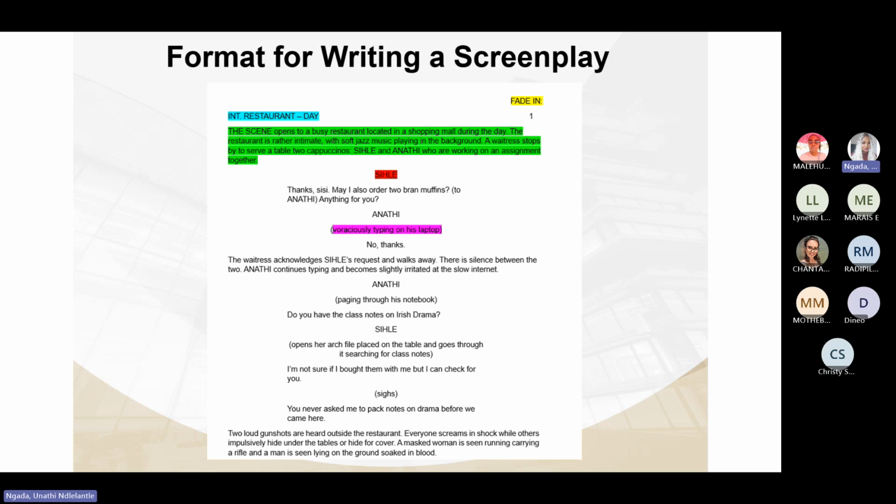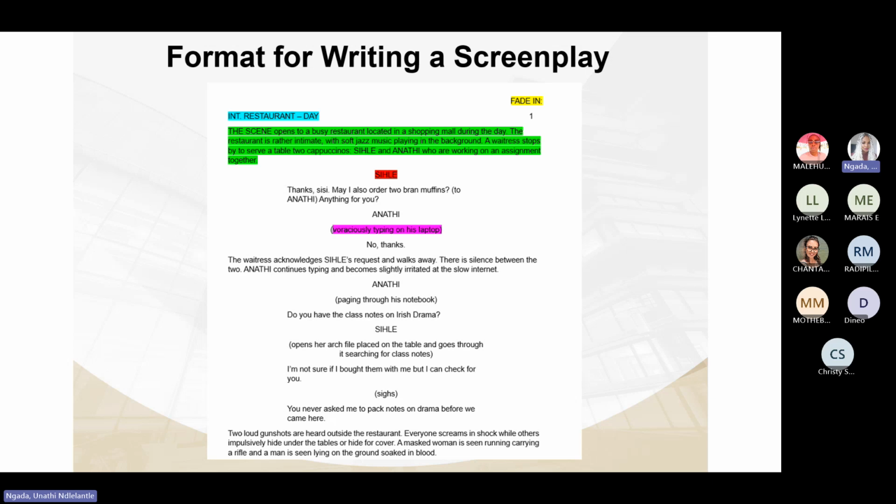The first one is the term fade in, which you write on the far right hand side. Remember, this phrase indicates that the scene is opening, the opening scene, that we use the term fade in. This is written in capital letters and it must be followed by a colon, right? Then you have the setting. You will see that the setting is written as INT, which is an abbreviation for interior. Does it take place inside?